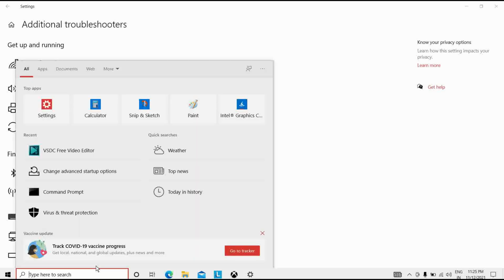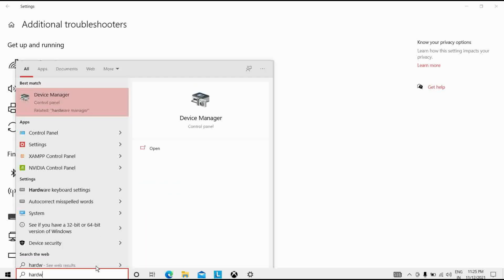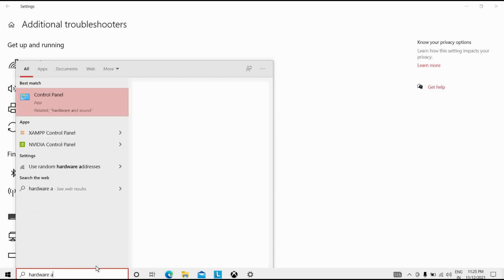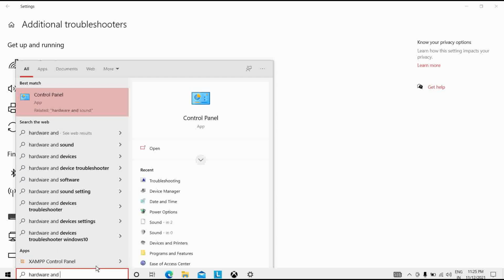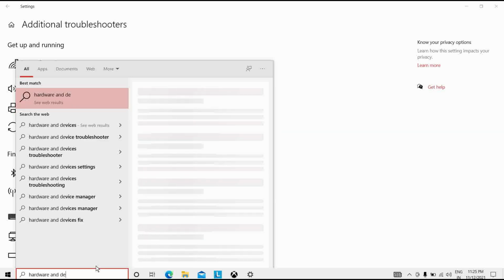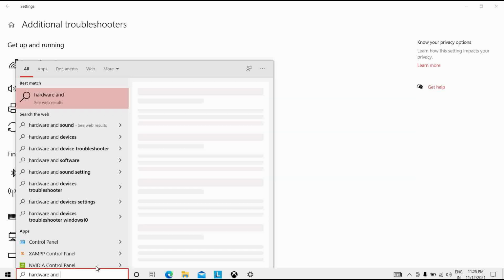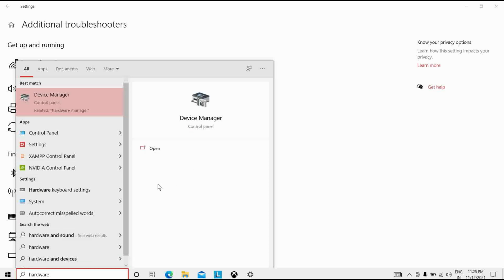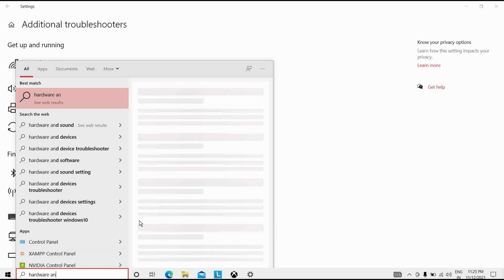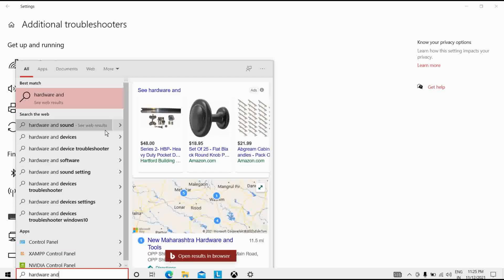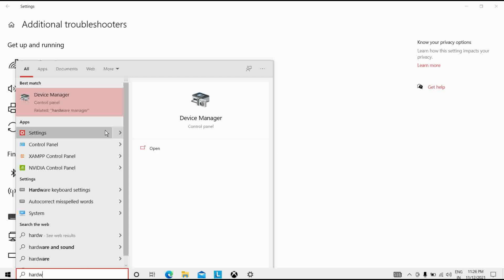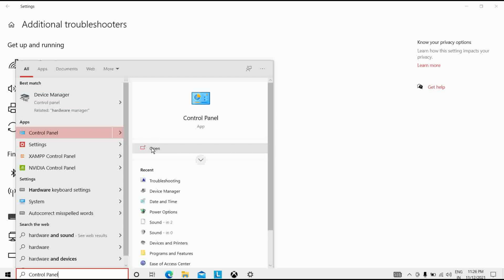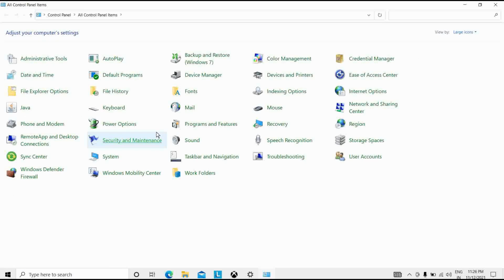So I will search here hardware and devices. I will open control panel, and you can see here the hardware and devices.